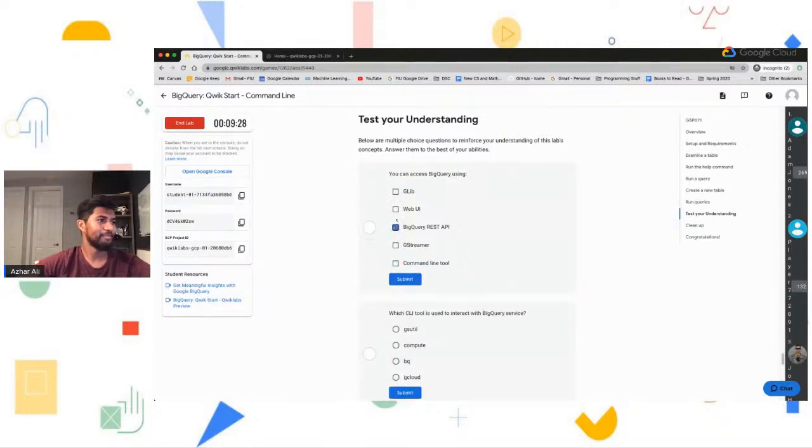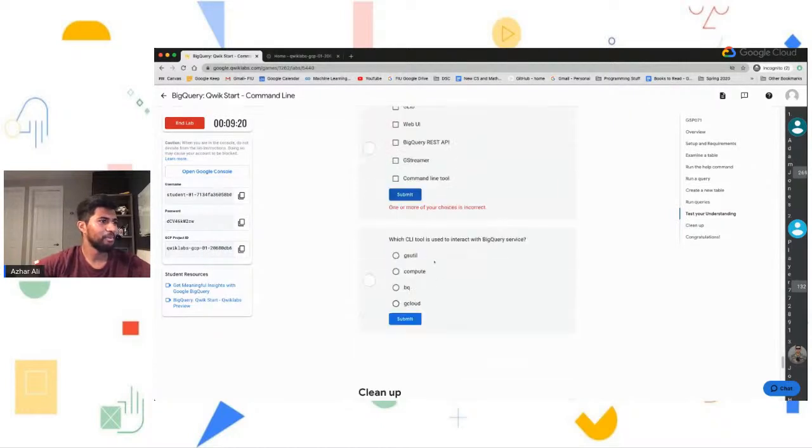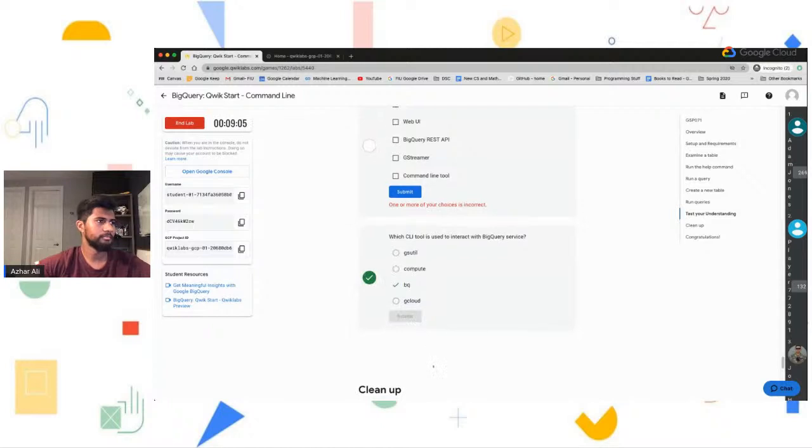I kind of have forgotten the answer at the moment. We'll get back to that. But which CLI tool is used to interact with the BigQuery service? Well, obviously, we were using BQ to access those databases and use their commands, so it should be BQ. Yeah,